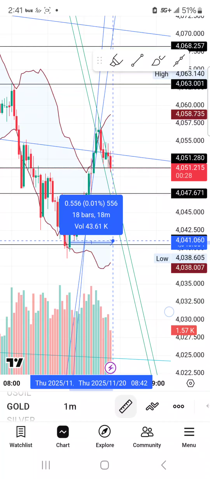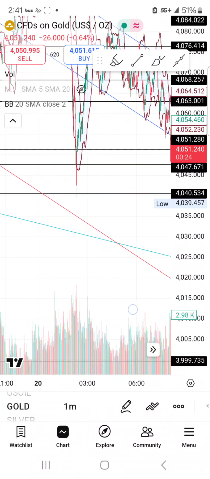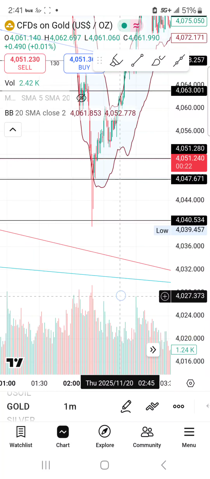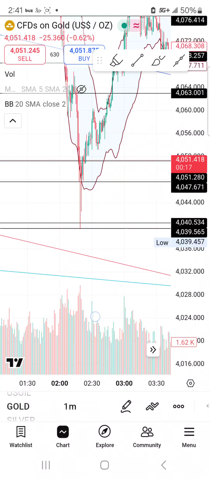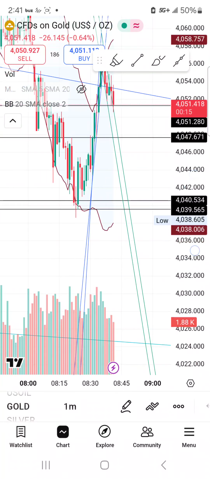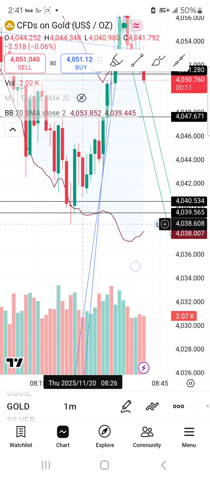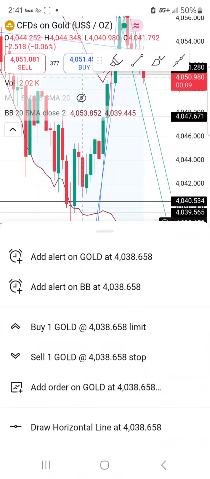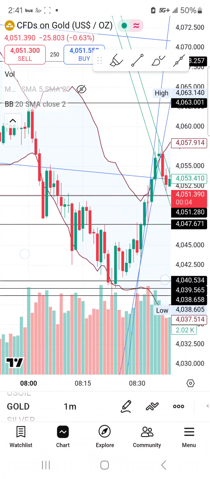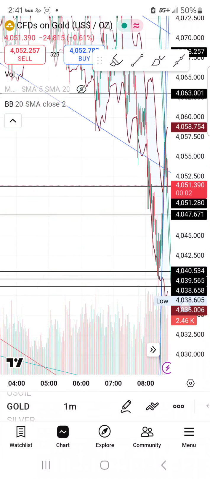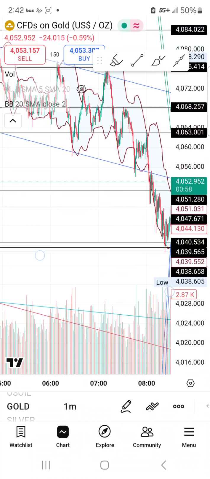Getting in at this equilibrium, how could we identify this? There it is right there. There's the identification. We didn't trade below 4,039. Did we? We barely did. But this is on a 1-minute chart. This right here, if for some reason you entered in early, looking for a bounce from maybe where we're trading right now.